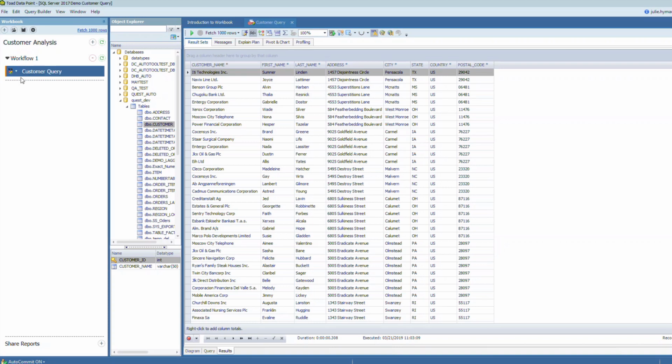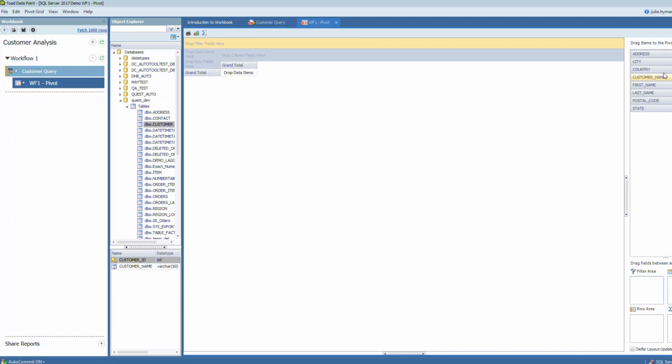You can now add child steps off of this query. So you can, for example, add a step that creates a pivot grid off of this query. And then I can go ahead and pick a basic pivot. We'll do the number of customers per country, which is a good pivot. And I'll go ahead and just call this customer count